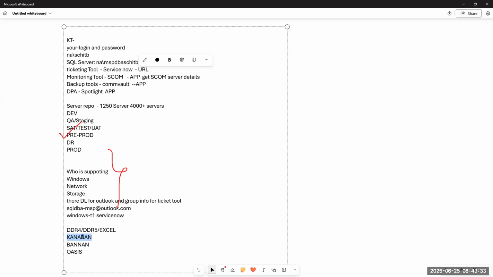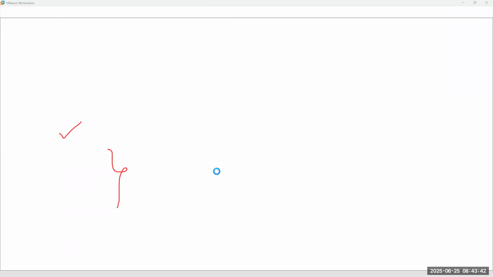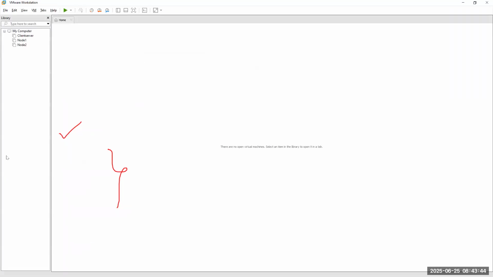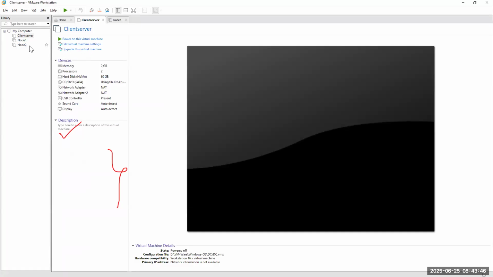You are thinking that, hey, I am just the Windows team installing a server. Windows team will build the server, like Node 1, Node 2, and on top of that, I will install SQL Server. Oh, my job, the DBA job, is done. Like 70 to 75% of organizations will follow this very straightforward approach, sir. They will build the servers, install SQL Server on top, and everything is done.